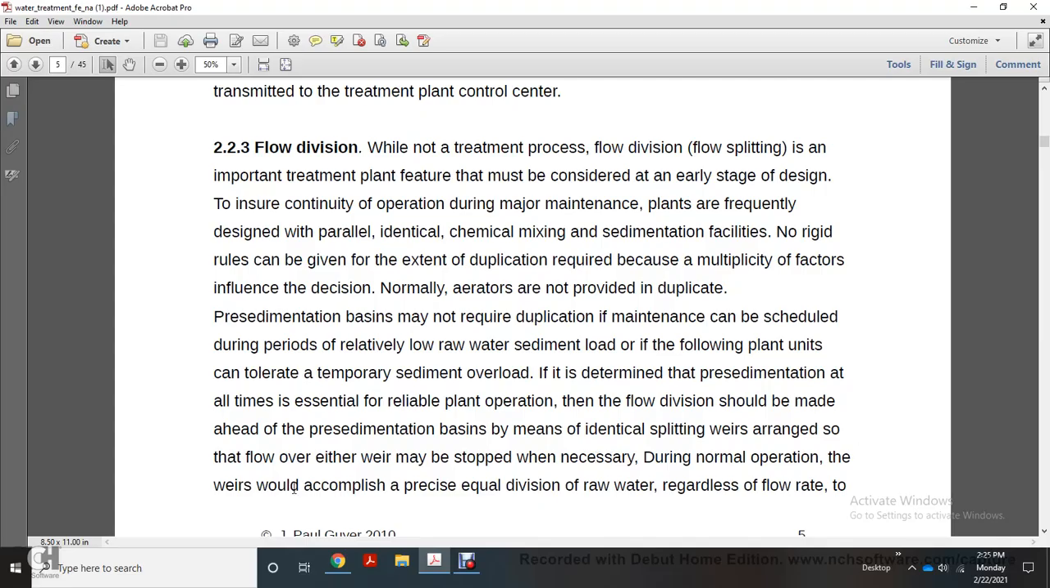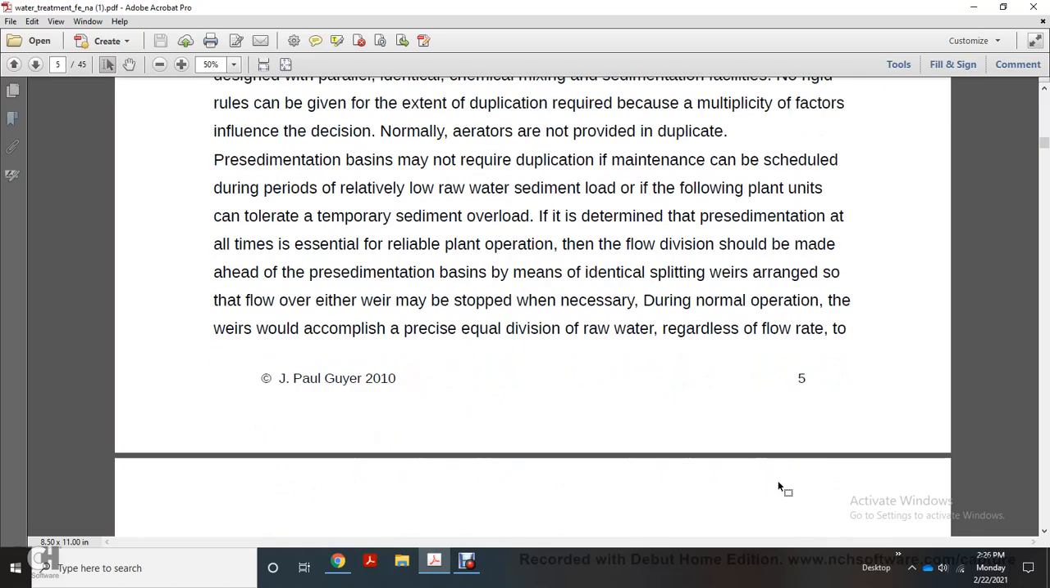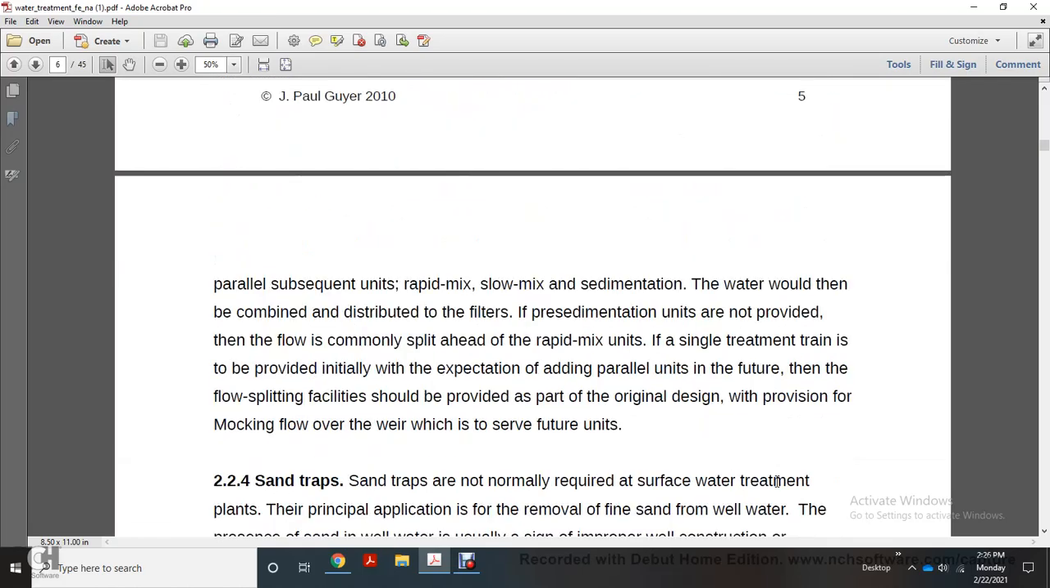During normal operation, the weirs will accomplish a precise equal division of raw water regardless of flow rate to the parallel subsequent units. Rapid mix, slow mix, and sedimentation water would then be combined and distributed to the filters. Pre-sedimentation units are not provided with a commonly split head with the rapid mix units. If a single treatment train is provided initially, with the expectation of adding parallel units in the future,